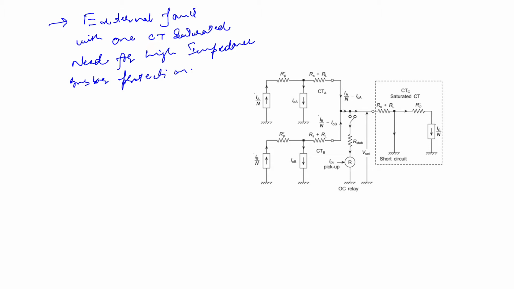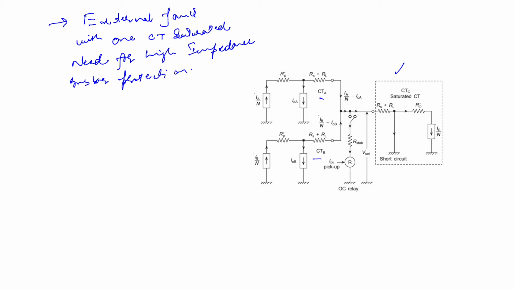We have discussed the busbar previously. Let us suppose that, because of the high value of the fault current, this CT C gets saturated, while CT A and CT B continue to operate normally. The figure here shows the equivalent circuit as seen from the CT secondary, the equivalent circuit that we discussed in the previous module. For simplicity, all the leakage reactances have been neglected.